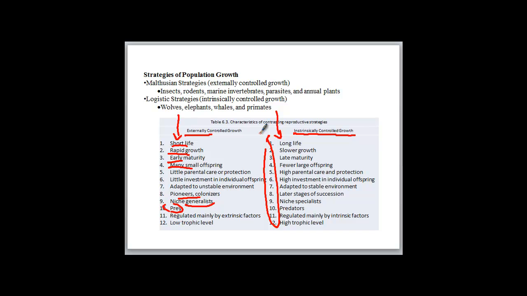Okay, so you have two different kinds of strategies for growing your population. One is externally controlled, one is internally controlled. Let's start with the externally controlled ones. We give them a name, and there's a chart in your notes,